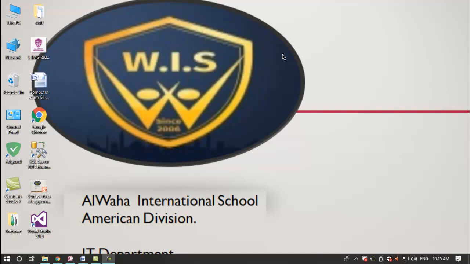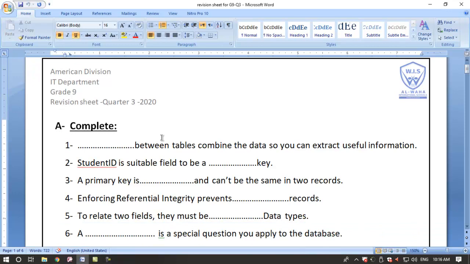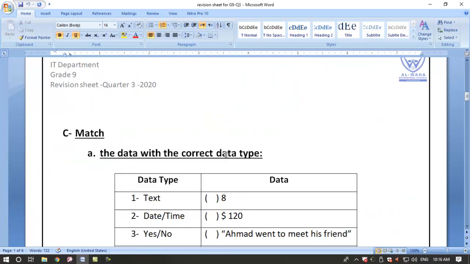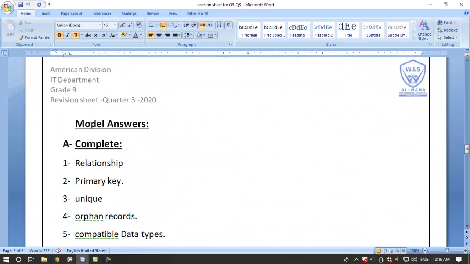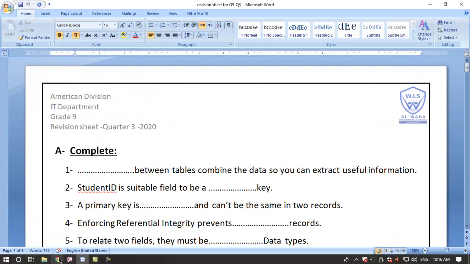This is the revision sheet for grade 9. The revision sheet is uploaded on your LMS. It's uploaded and provided with model answers. After the questions, you will find the model answers. So make sure to check the IT folder